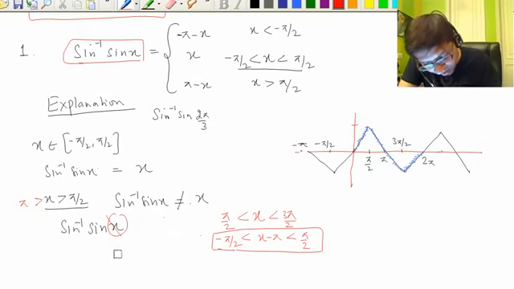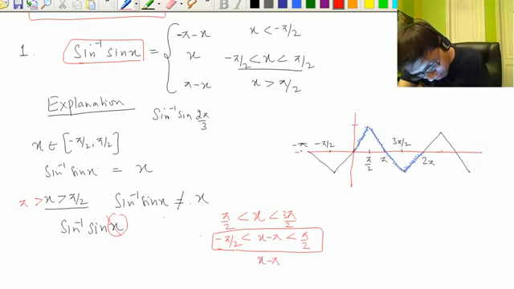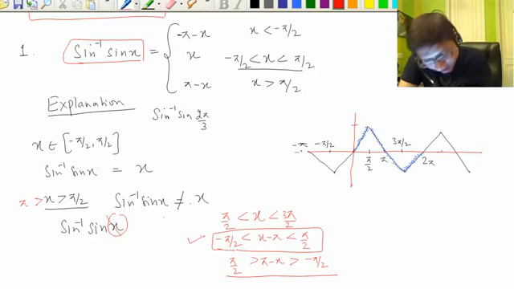Another thing which you can remember for the future is much easier and will help you later: multiply with a minus sign. So this becomes pi minus x. The sign of the inequality will change, this becomes minus pi by 2, and this becomes pi by 2. So it is still a principal value branch. x minus pi is in the principal value branch, and pi minus x is also in the principal value branch. So either we can make x minus pi, or we can make pi minus x, and it's very easy to make pi minus x.